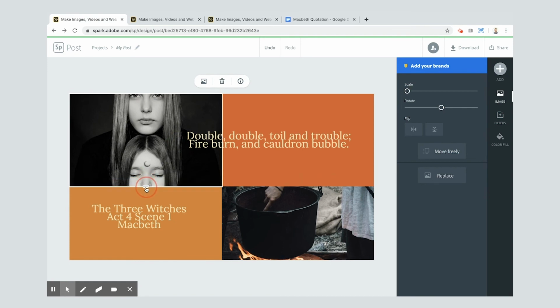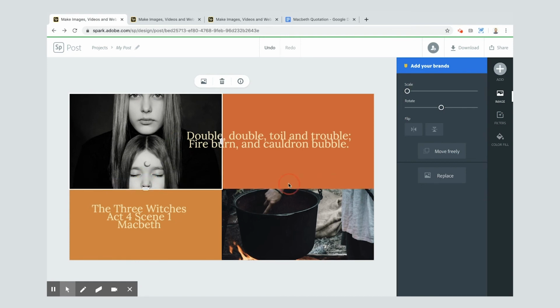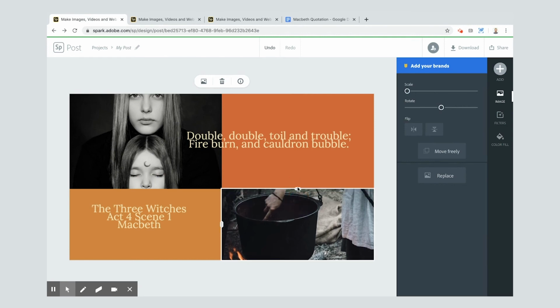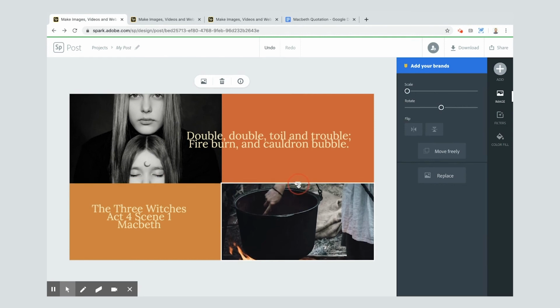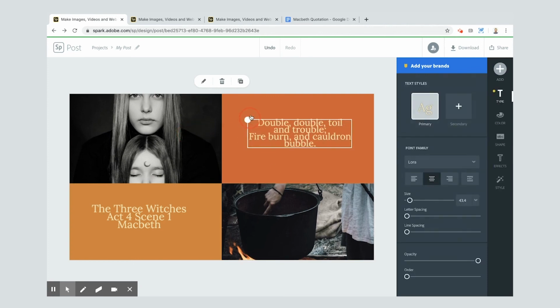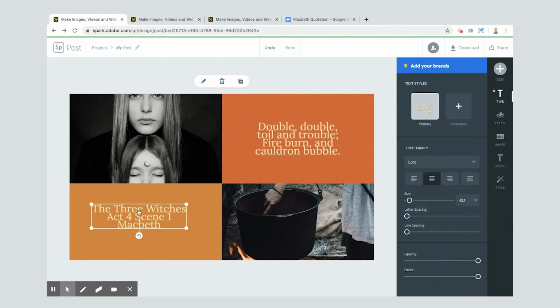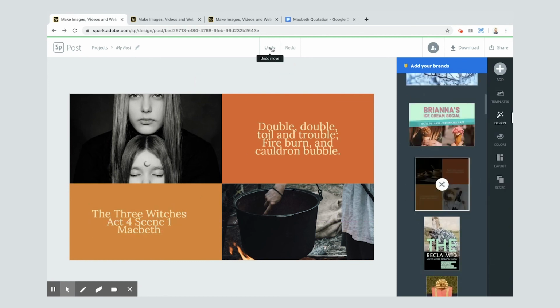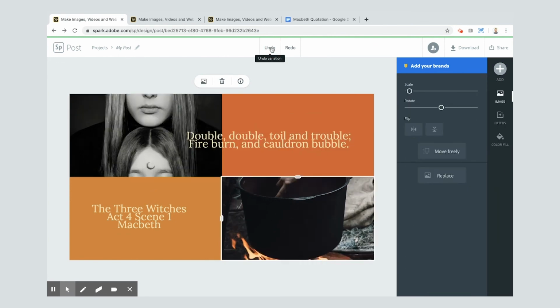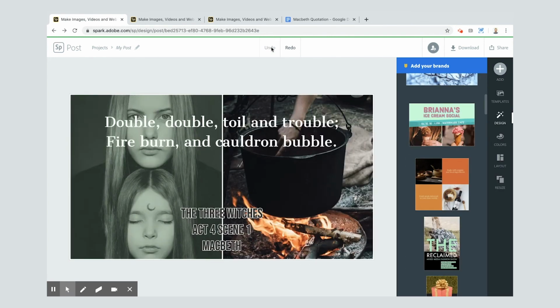But you can also play with the cell sizes as well. You might have to mess around with the text, center that. You might have to do the same here to center it in the right place. If that's what you like, that's cool. Otherwise, just undo, undo, undo, undo, until you get back to the one that you actually wanted, which was this,